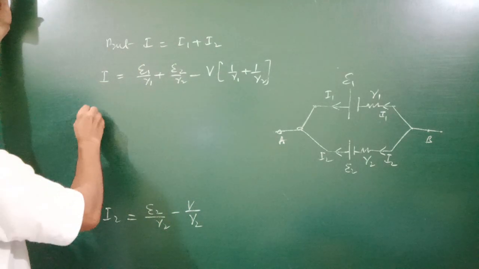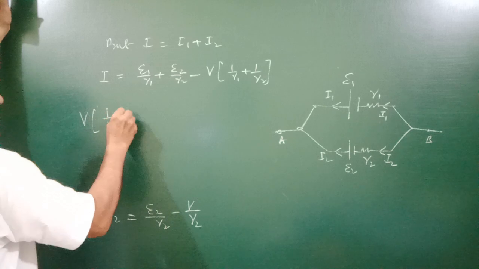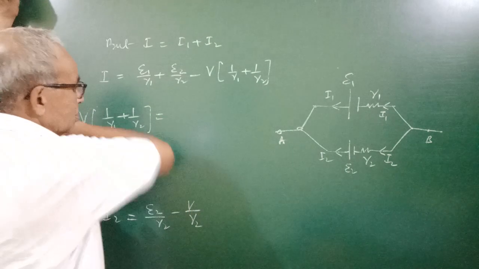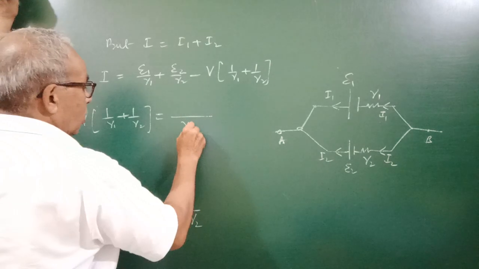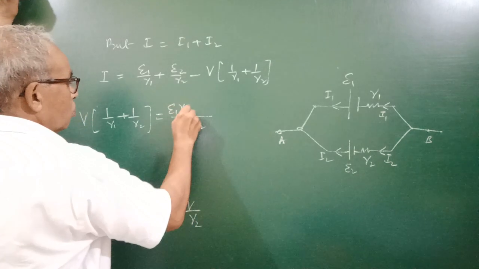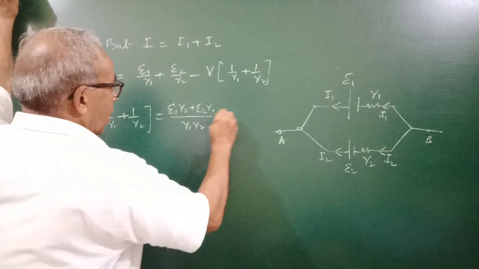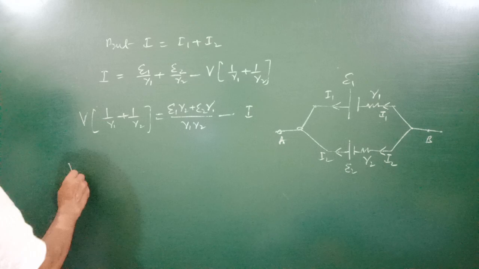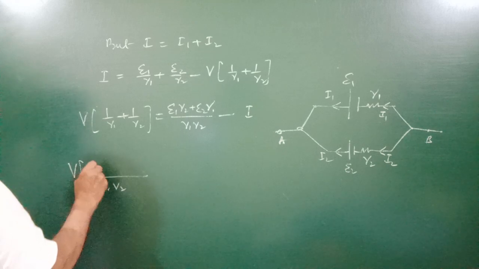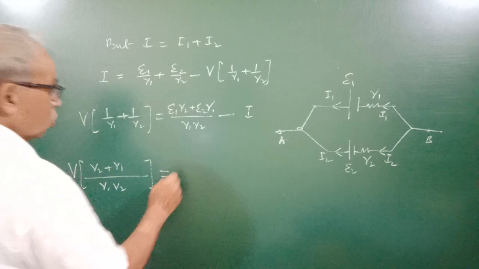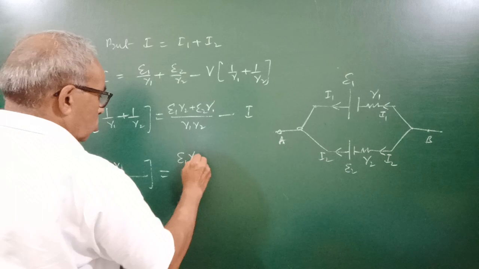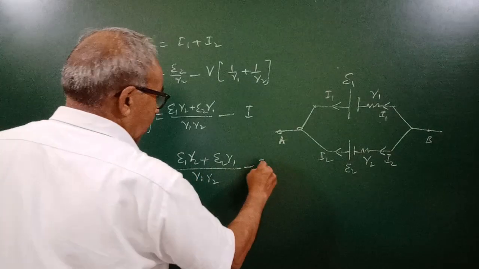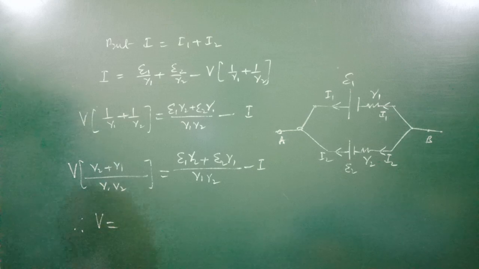Take this side, V into 1 upon R1 plus 1 upon R2 is equal to, taking LCM R1 R2, E1 R2 plus E2 R1 upon R1 R2 minus I. Or V into, with LCM, R2 plus R1 upon R1 R2 is equal to E1 R2 plus E2 R1 upon R1 R2 minus I, and hence V is equal to, when we